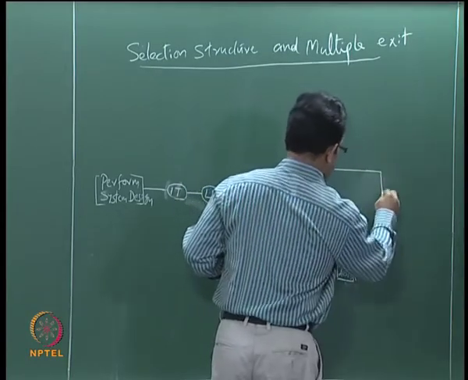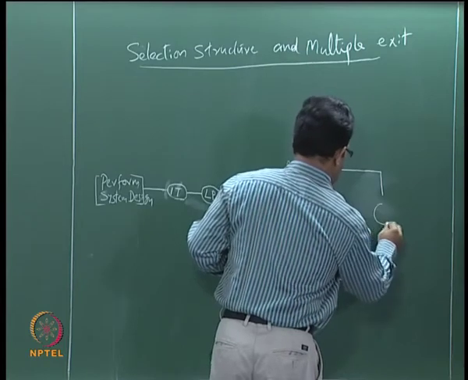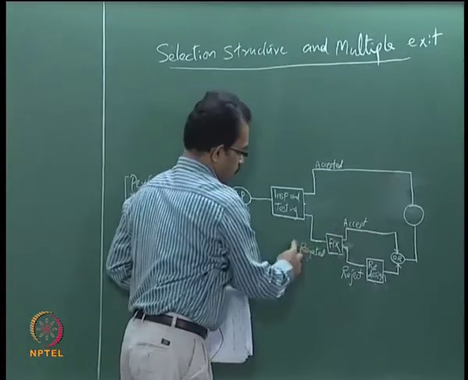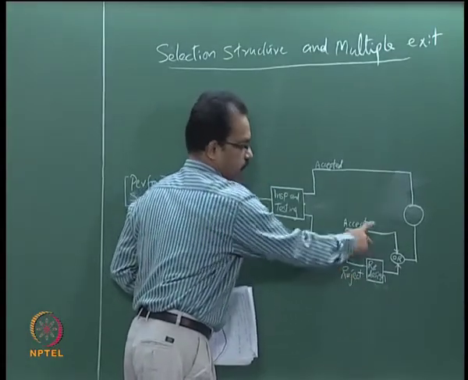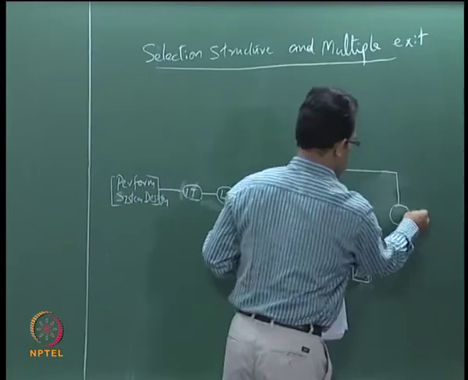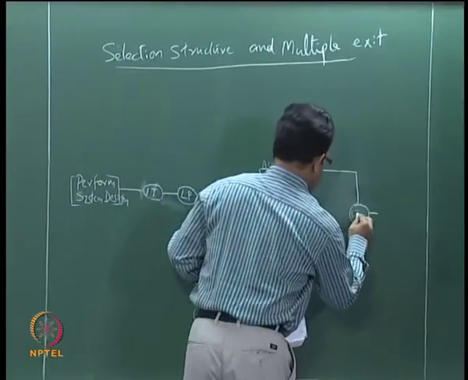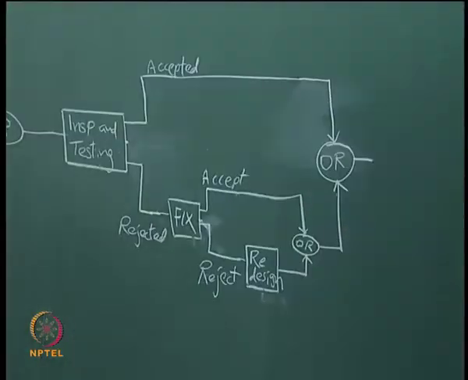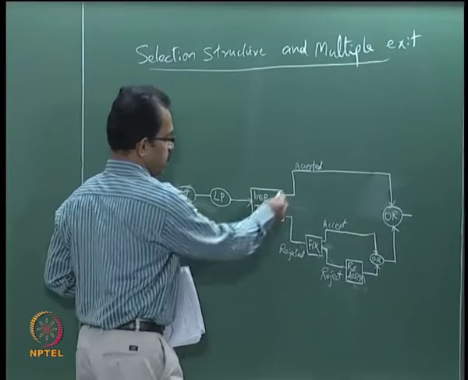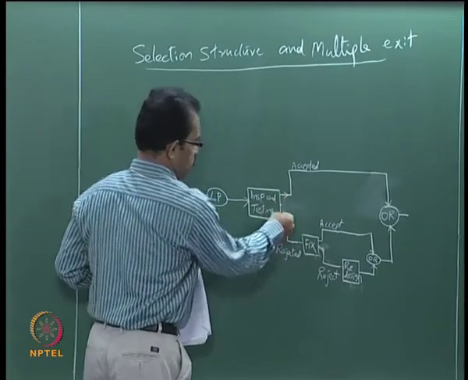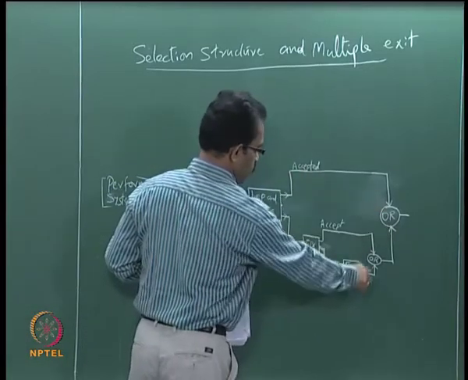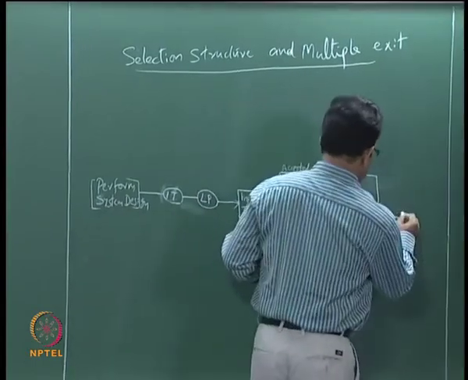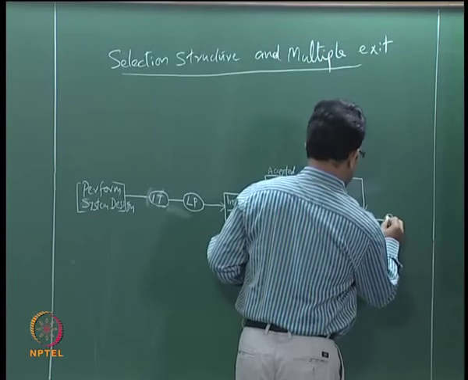So this also will come here. So now we have components coming from both. From the inspection the accepted will come directly, and the rejected one may go for redesign or may get accepted, and it will come here and go to the next level. So here it is an OR block, so any one of these will come here. You can see from the inspection there are two options. One of these options goes directly, another option will go through different processes and finally come to this block, and then here we will be having a loop.